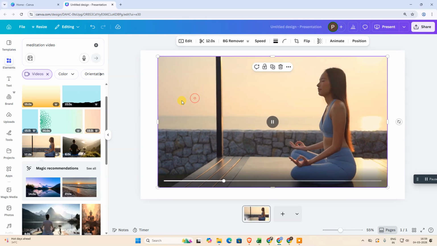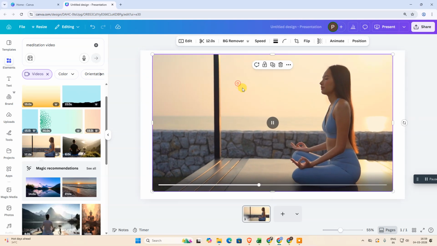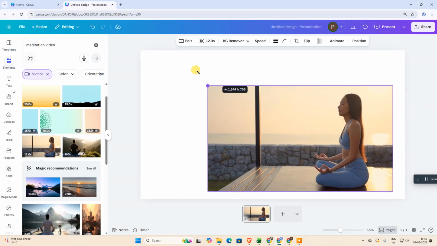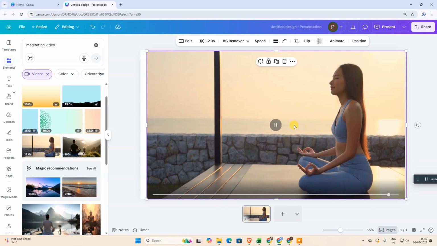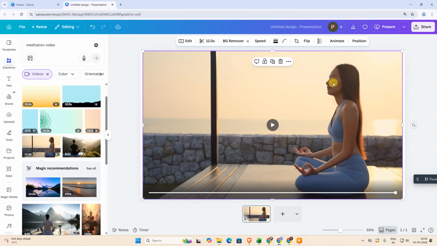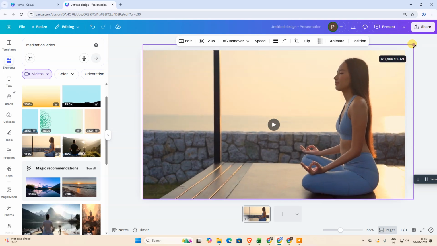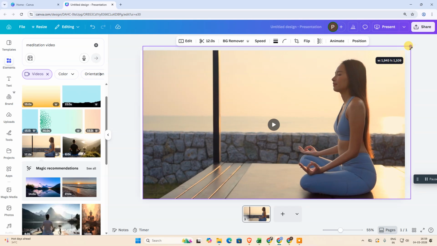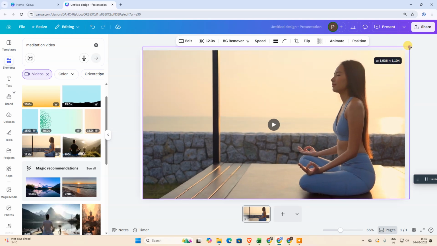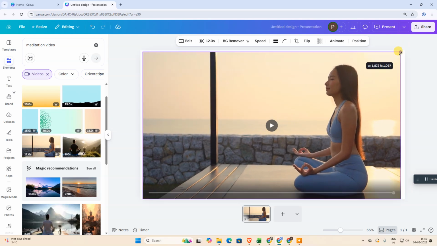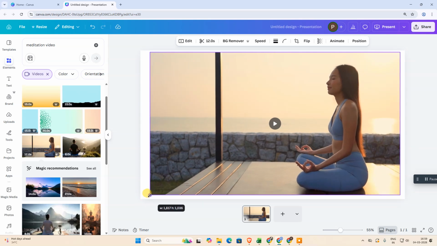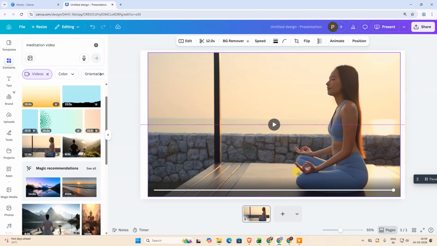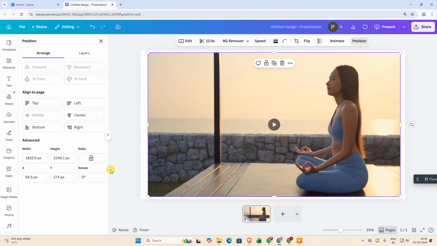Now if you want to make it transparent, you can resize this video like this. Now you can see our canvas size is a little bit smaller. If you increase the video size, then our video will be cut, it will be cropped. So what you need to do for this is just expand your video like this, go to the position and